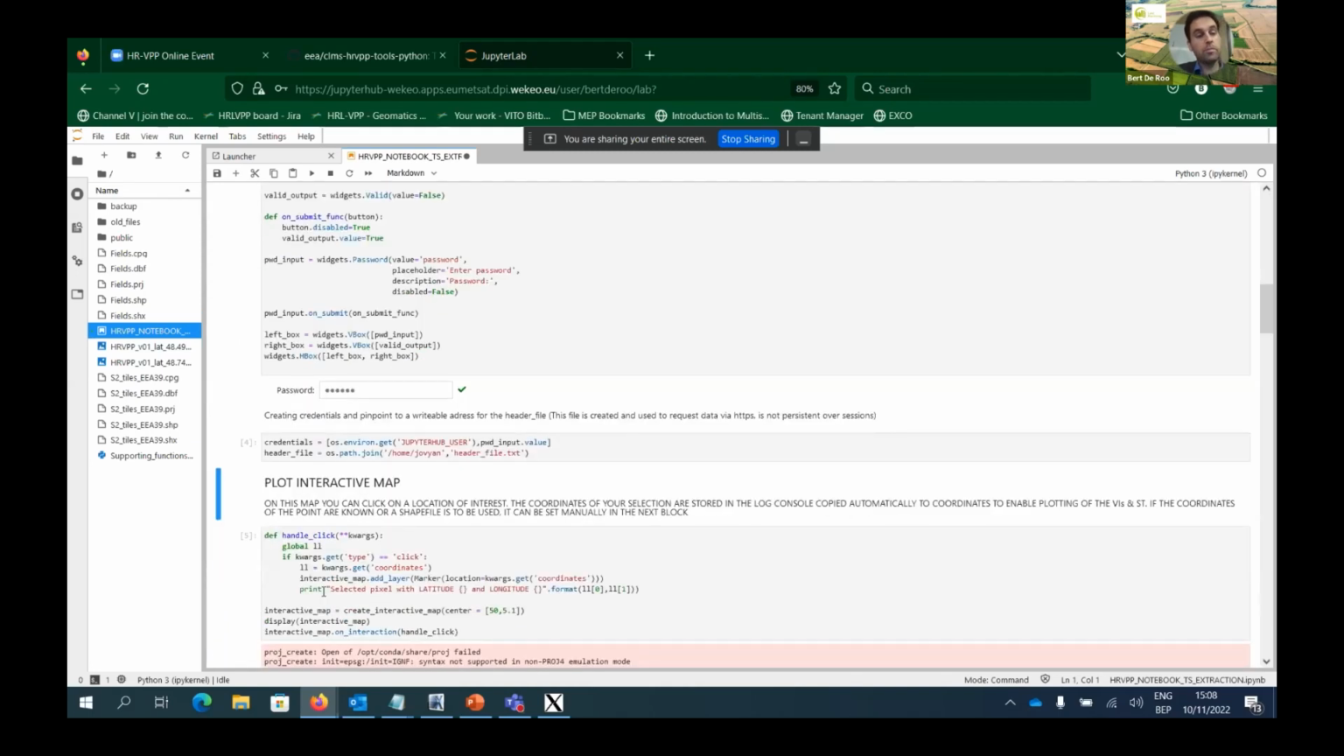In the next step, we have actually 3 ways of defining the pixel or polygon we want to extract. So the first one is actually in this map. So